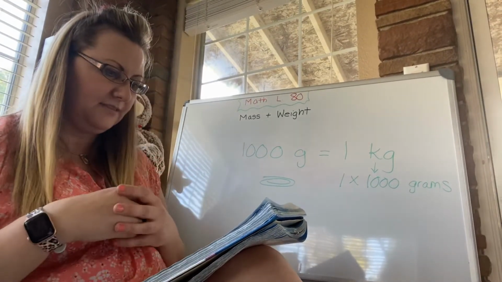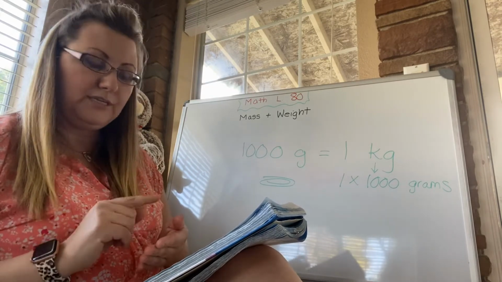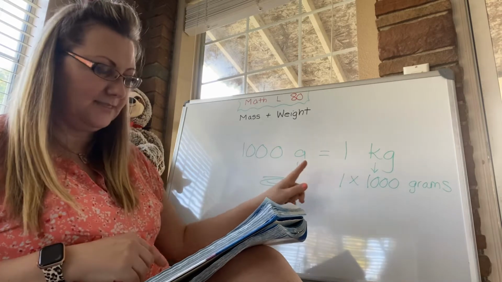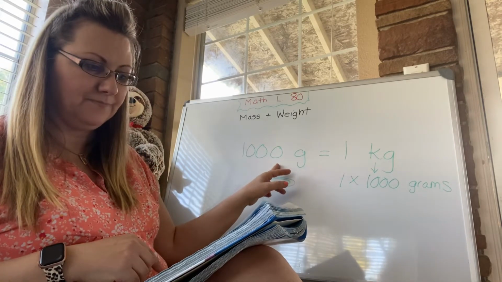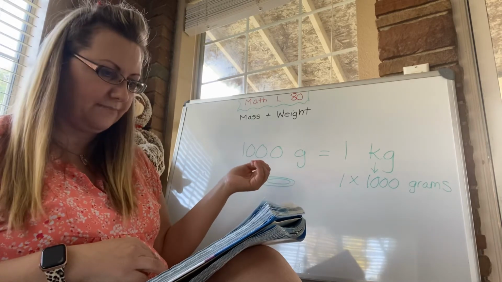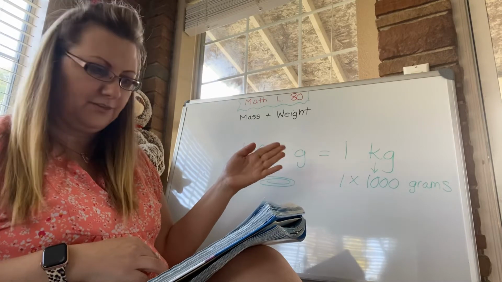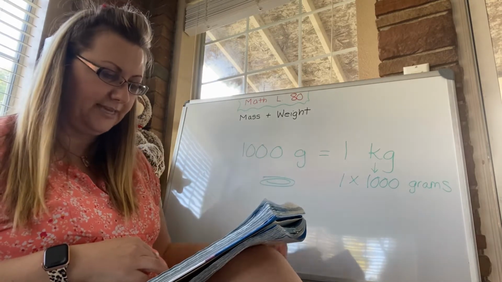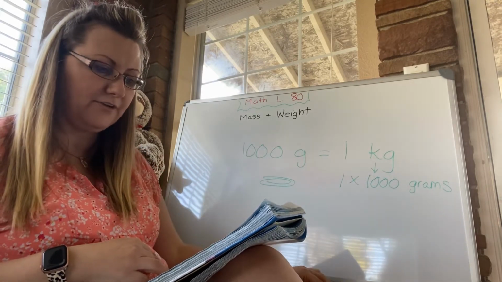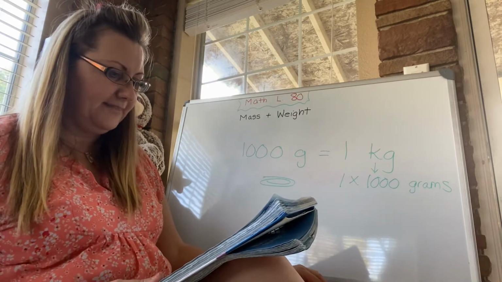And we can see, look at kilograms and grams. When we show 1 kilogram, it's the same as 1,000 grams. So 2 kilograms is the same as 2,000 grams. 3 kilograms is 3,000 grams. 4 relates to 4,000, and 5 kilograms is 5,000 grams. All right, then it says